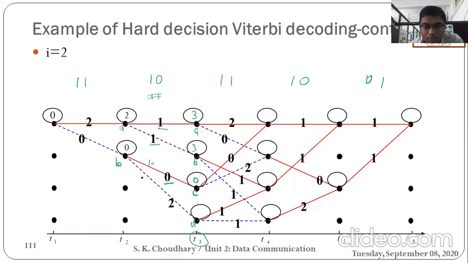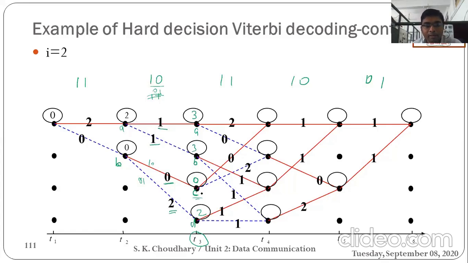And when you have to receive the input as a 1, so at that time you would get the output as 0, 1. So you have to compare this with the 0, 1. So you would find that the Hamming distance is 2 because of differentiation in every corresponding bit. So here the metric value is 2. So sum this 0 plus 2, that's 2. So now at time T3 you would find that this particular state having metric of A having 3, B 3, C is having 0 and D is having 2. Okay.